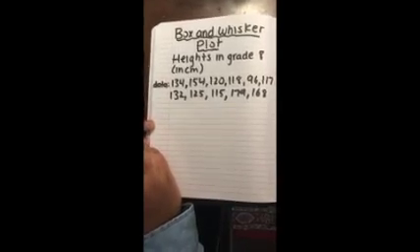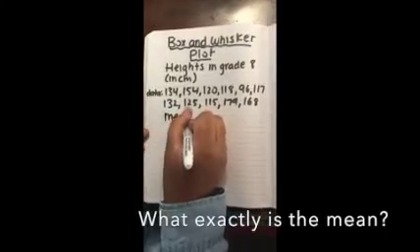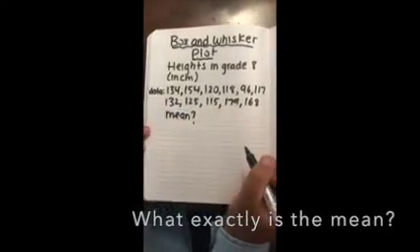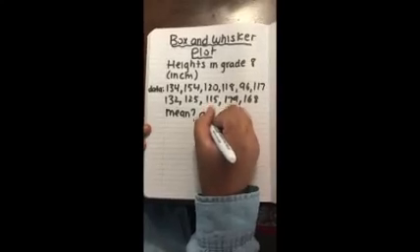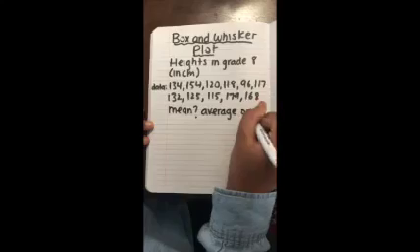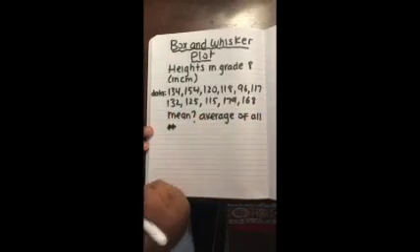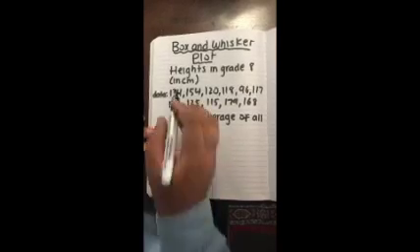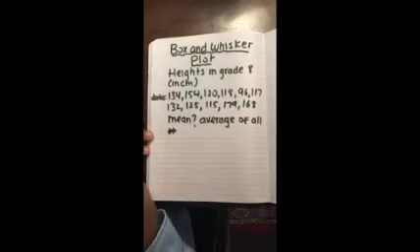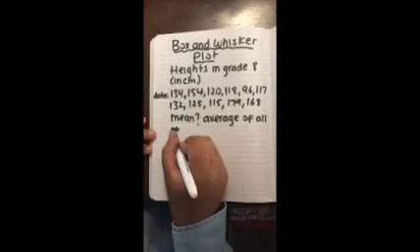So now what we do is we're going to find the mean. So what is the mean exactly? We have covered this before, but it's always good to have a refresher. So the mean is the average of all the numbers. And how do we find the mean? What we do is we take all the numbers and add them together. So once we take all these numbers and add them together, we get